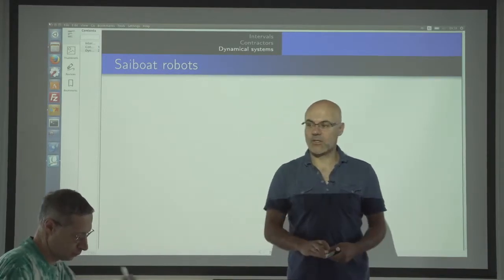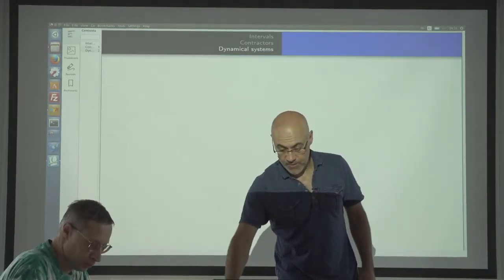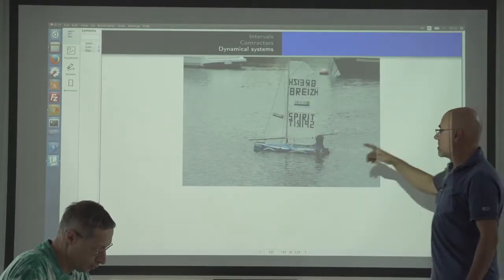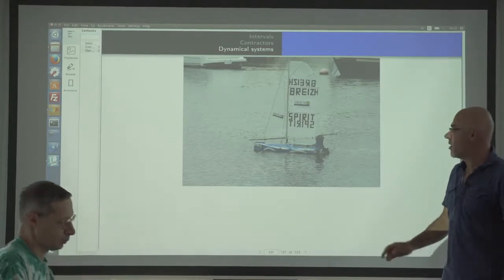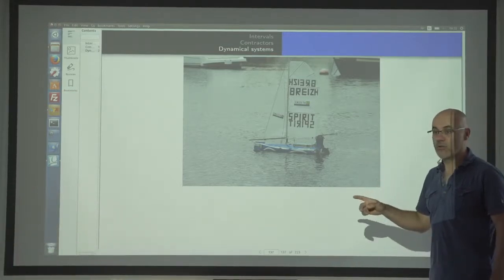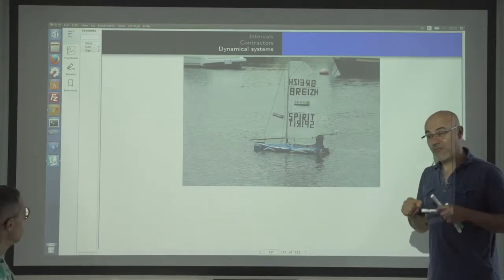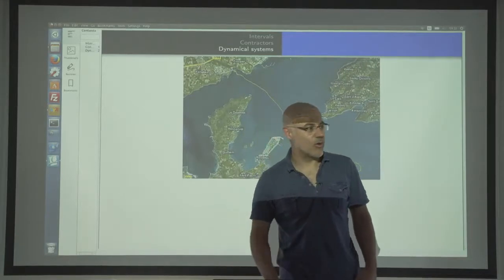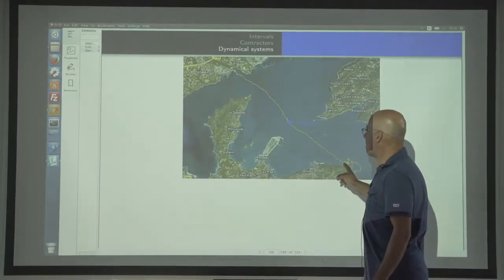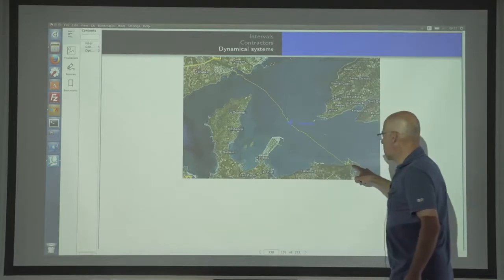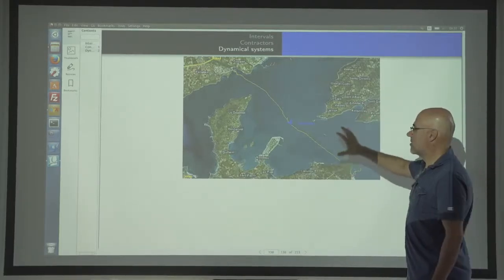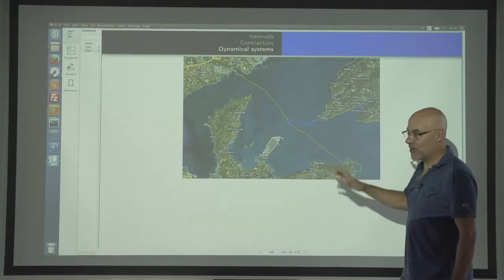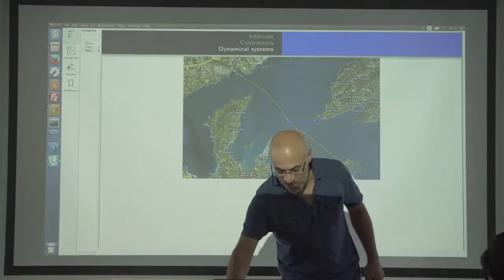So how did we start on the security of robots? We started building, 10 years ago, some robots like this one, the sailboat robots, and the objective was to cross the Atlantic Ocean, to be the first. So we were very motivated, especially since we succeeded in crossing for 3 hours La Rade de Brest. Brest is in France, in Brittany, in the west, and we succeeded. So we were very motivated.